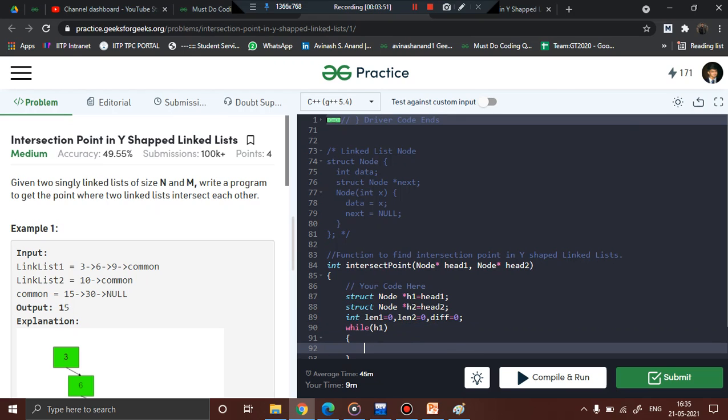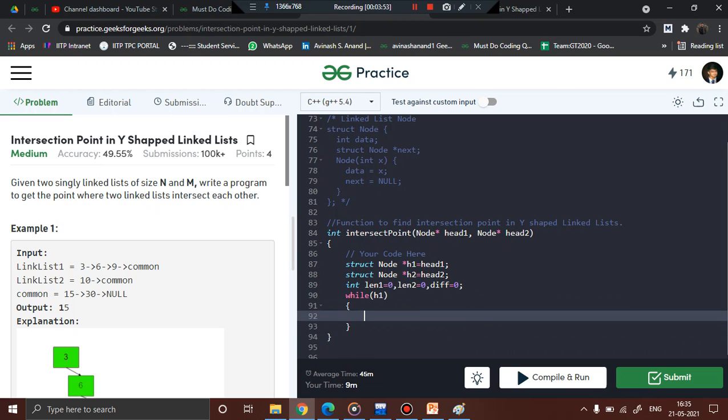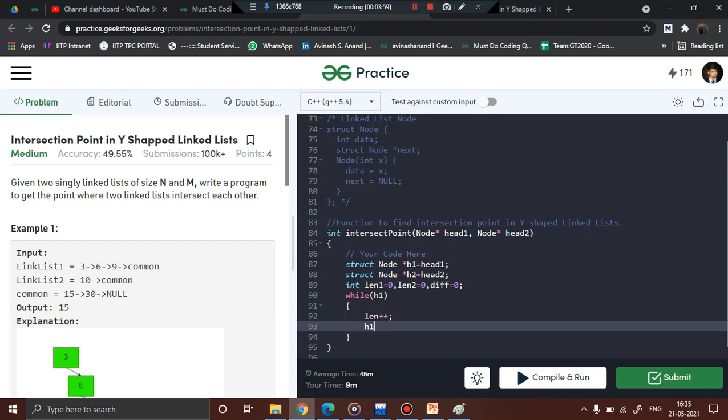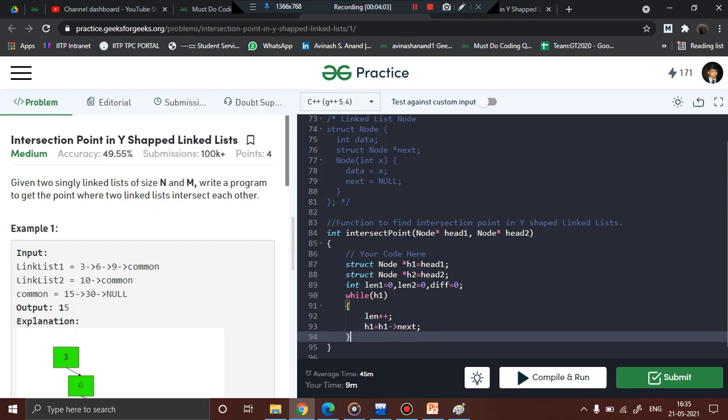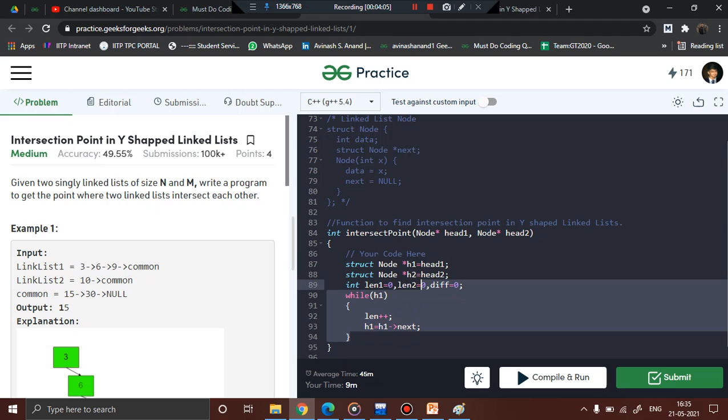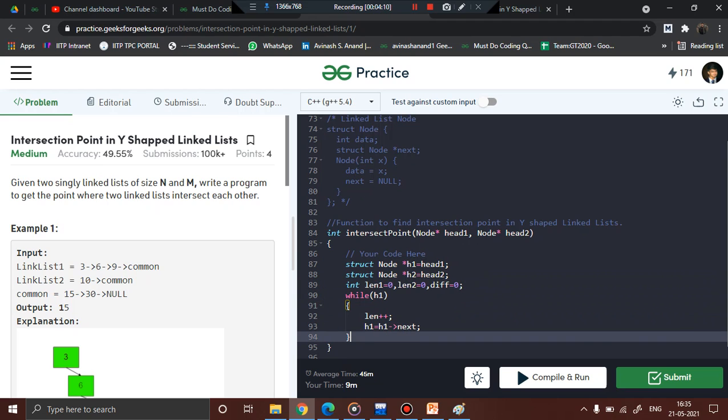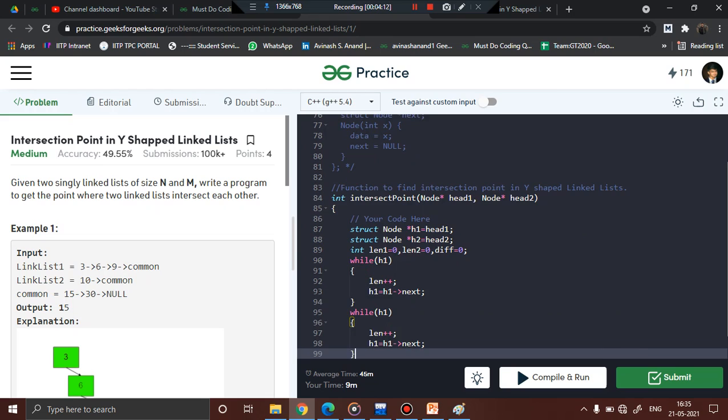What we will do, we will count the nodes. So len1 plus plus, this will basically count the number of nodes in linked list 1, and let's update h1 to h1 next. That's it. The same thing we will do for h2 also, right, for the second linked list.